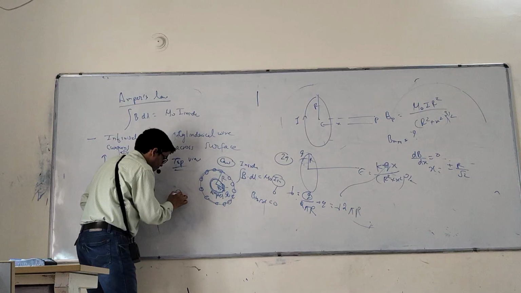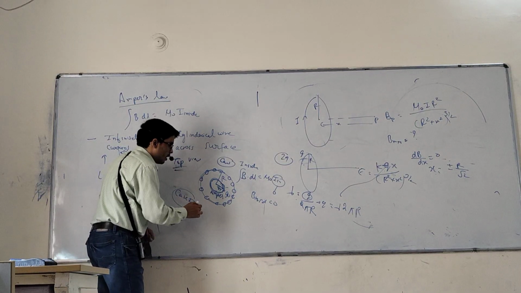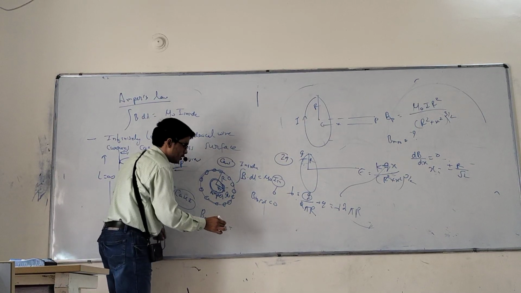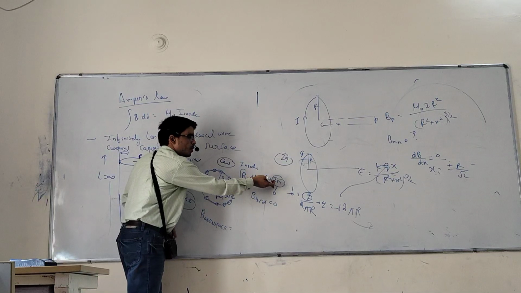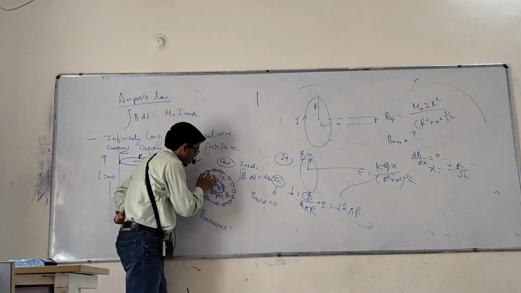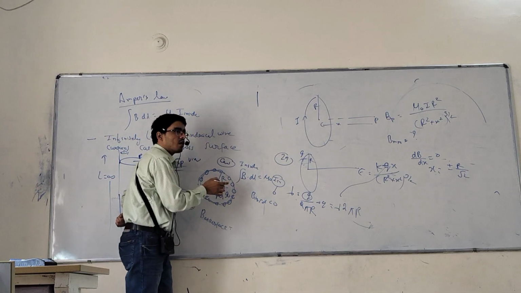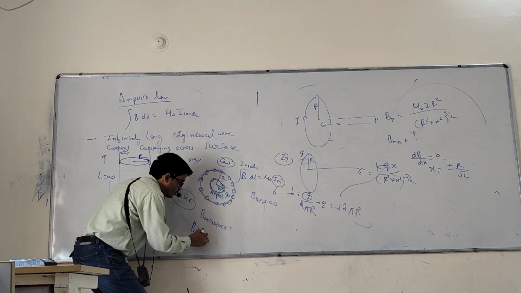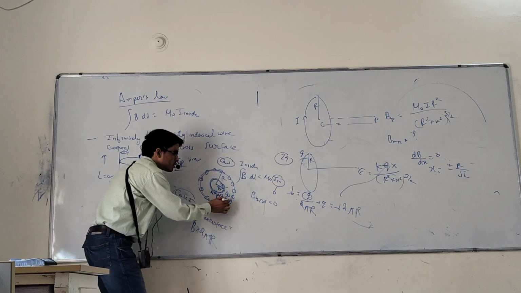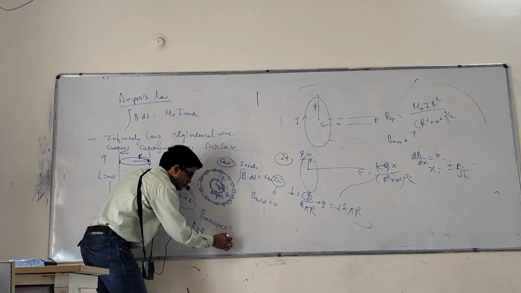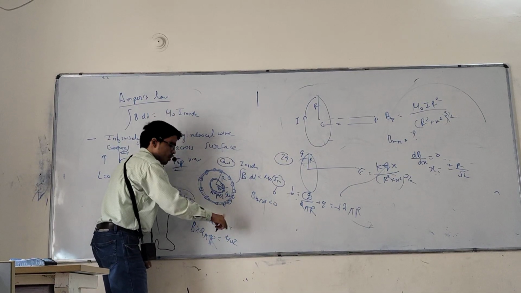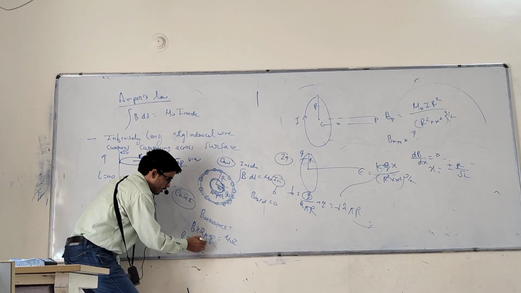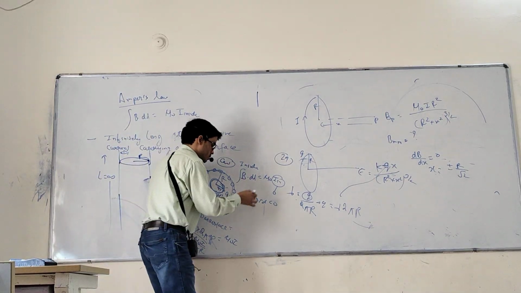Yes. Good. Next up, case number 2. Case number 2 is on the surface. Suppose that is B at the surface. So now tell what is the value? Use that formula, B dot dl equals mu naught into I inside. What is the total current? I. Mu naught I by 2 pi R. So B into 2 pi capital R, the circumference, equals mu naught into I. I is I now. So what is the B value? That is mu naught I by 2 pi R. Got the point?